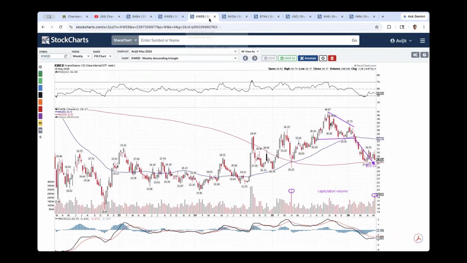Looking at the bear's perspective, they would call this a bear flag happening, because if you look at the descending triangle breakdown on the weekly chart of KWEB, from that 40.87, the peak that we saw in early October 2025, it broke below 33.75. That's the bottom of the support line that it broke below. So 40.87 minus 33.75, you're talking about $7.12. Subtract $7.12 from 33.75, you get $26.63.